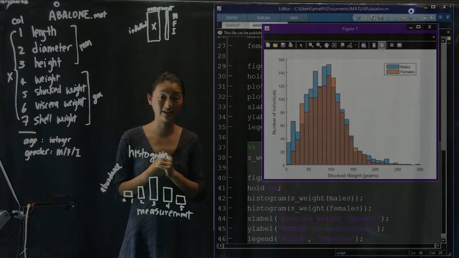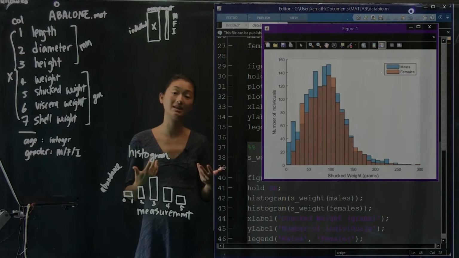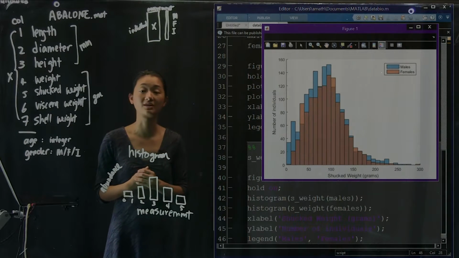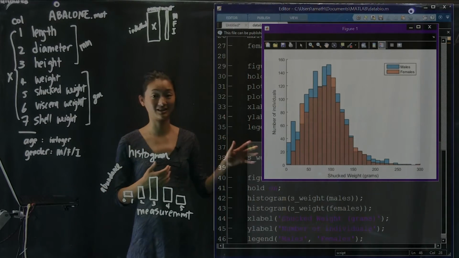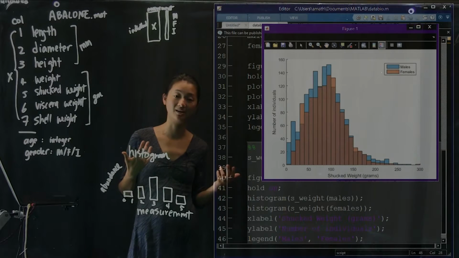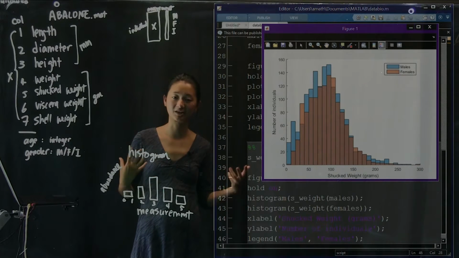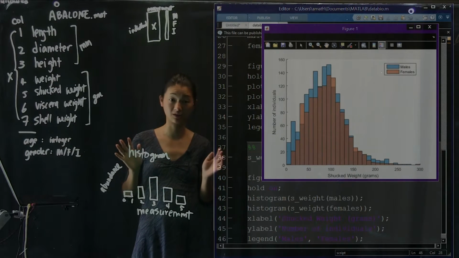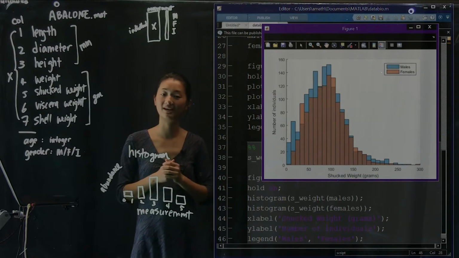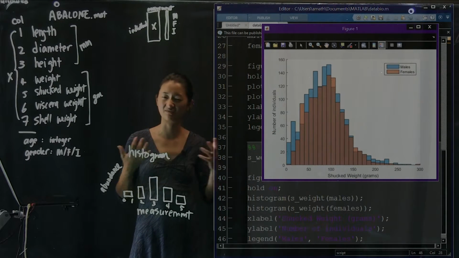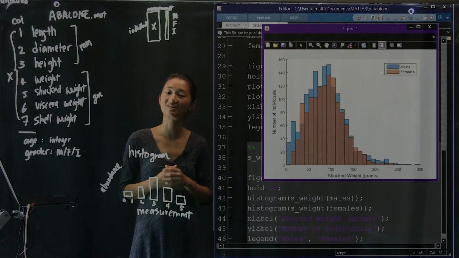We can then go ahead and quantify things like the means and medians of each of these distributions and compare them. But you can actually tell a lot just by looking at the data. And this is why I'm such a big fan of pretty extensive plotting and exploration of the data before I even start doing quantitative analysis. Because I can tell by just looking at this plot that even if you computed the mean, the standard deviation, and all of that stuff for these two populations, they're probably not going to be all that different